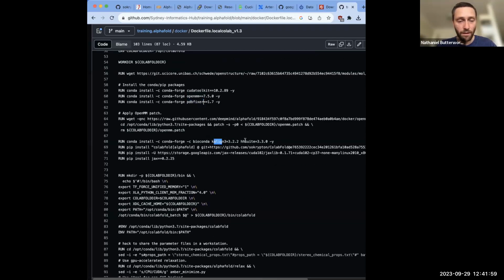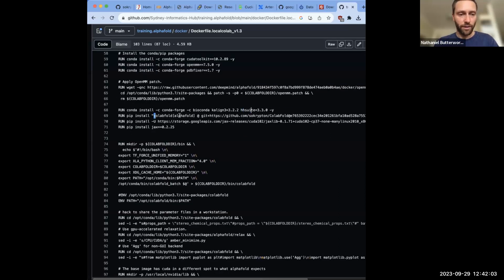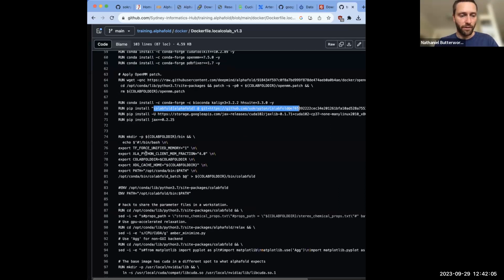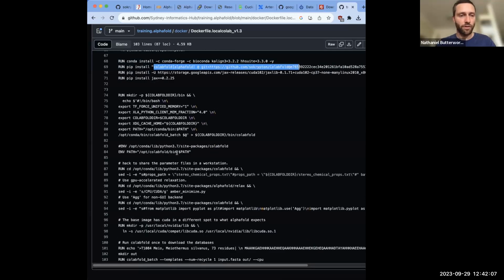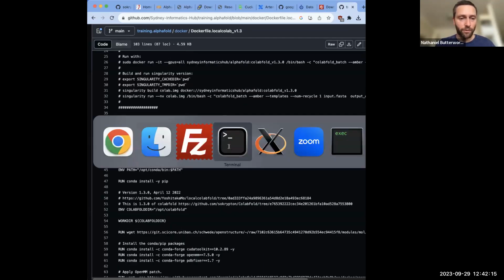We install that K-align and HH-suite that we used on Artemis. And then finally, we install ColabFold. And then there's some other configuration steps, but they are all there. And so that's really good for reproducibility. But then to actually run it on Artemis,